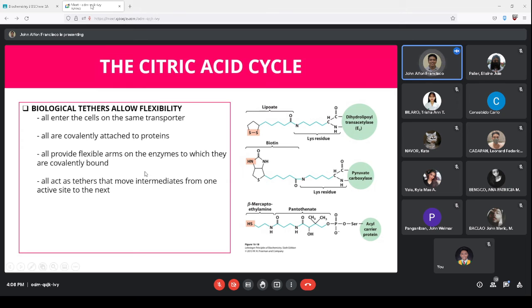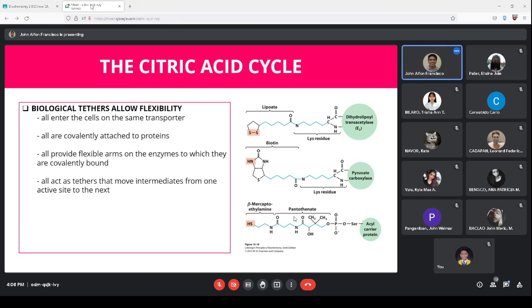All are covalently attached to proteins. All provide flexible arms on the enzymes to which they are covalently bound. All act as tethers that move intermediates from one active site to the next. So ito yung tatlong example of the biological tethers: lipoate, the biotin, and the